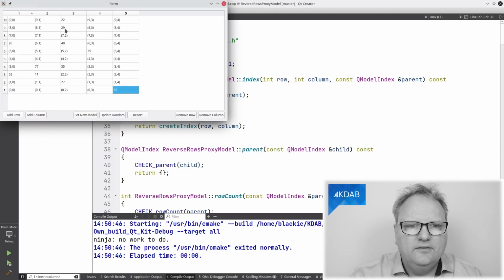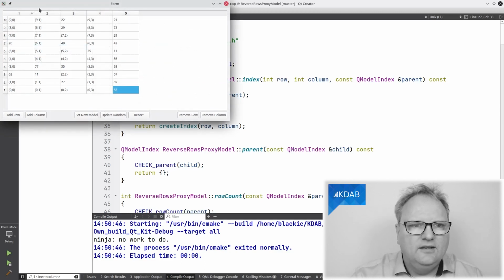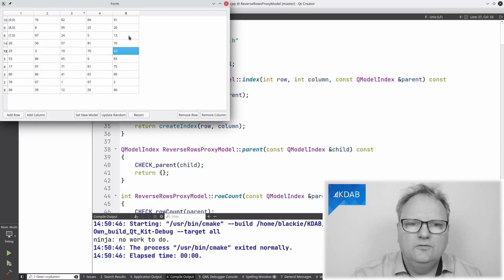Let's add a column, see what happens. Of course, the column isn't added in my view here. Maybe if I resize it a bit. It simply did not notice that the column was there. Let's add a bunch of columns and rows and so on. If I try and resort, no, it's just